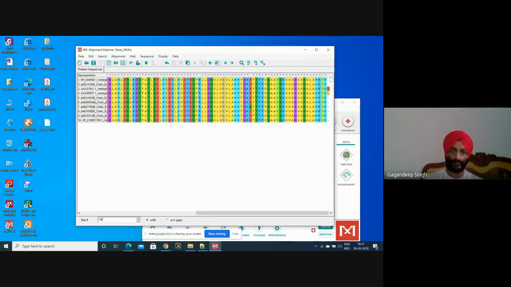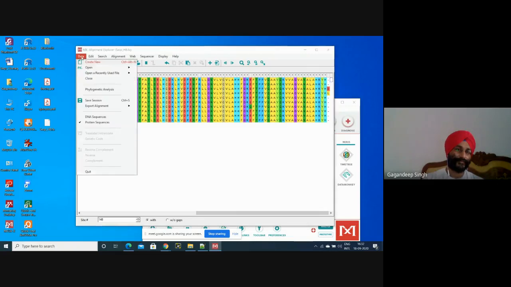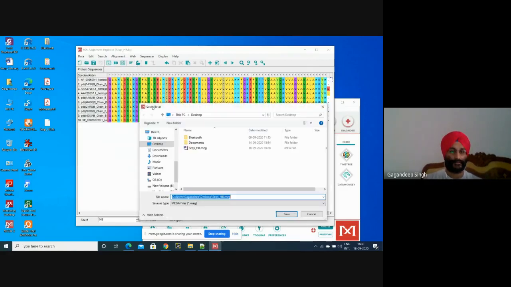Now select data, export alignment in Mega format. Then I am selecting this desktop.